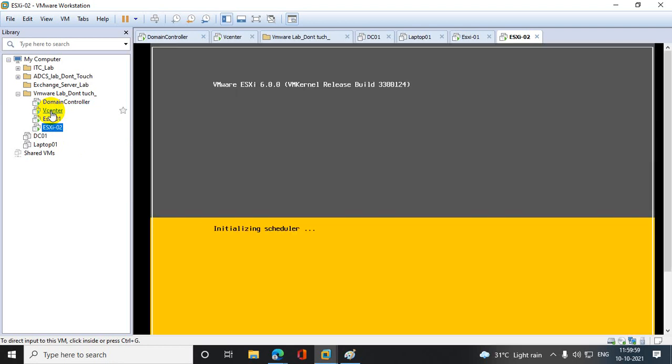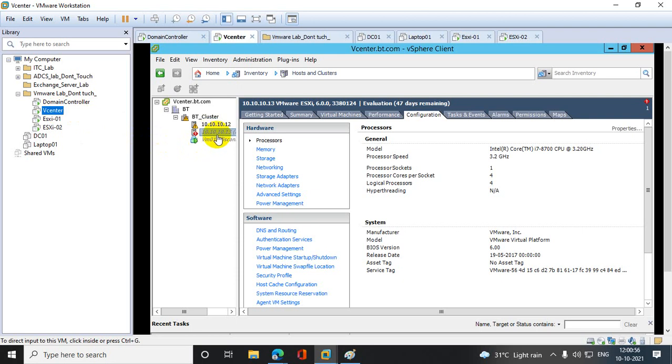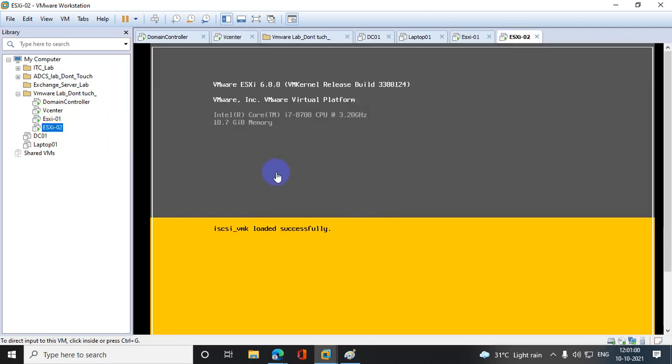That is why I am showing you how agent-based communication operates a reboot. It is still showing inaccessible because the ESXi is not permanently up.